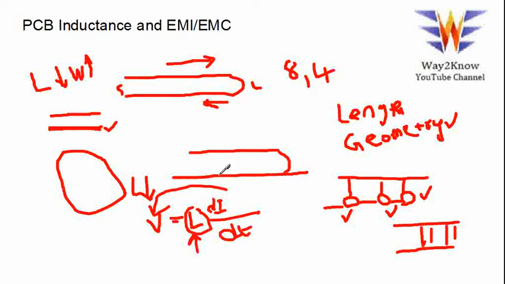That means if you have a ground plane, okay, and when the ground current, the return path current, is coming through the ground plane, the lower the inductance that is maintained, and if there is any variation in current, the voltage drop across this particular area is minimized. The lower the voltage drop, right, better it is from the EMI perspective.